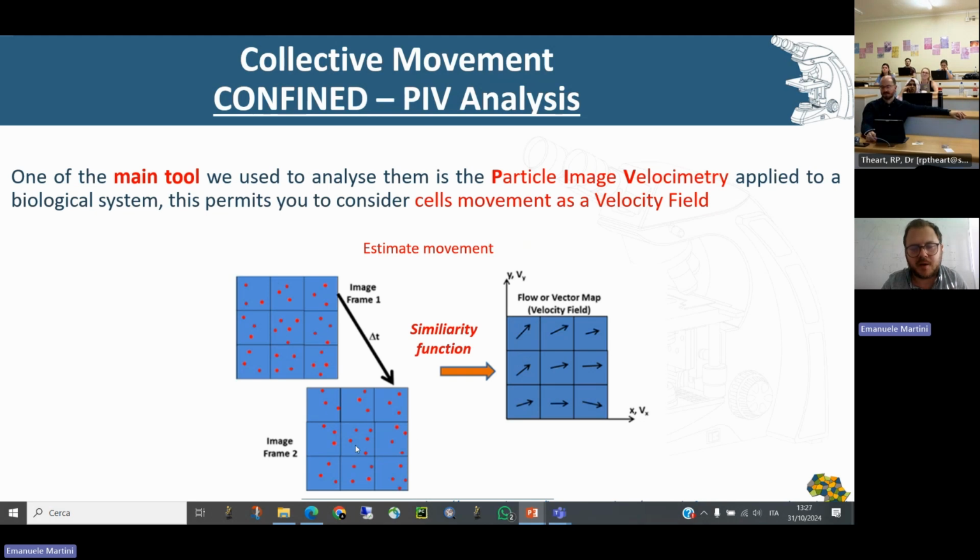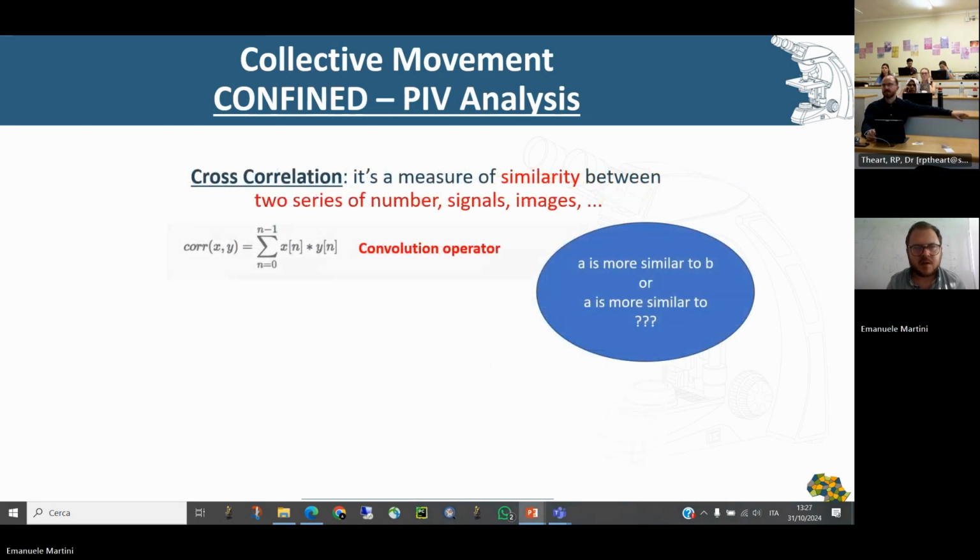So if you do it for all of them, you can see that, for example, these 3 ones, this area here, this square here, the more similarity is a little bit more going upright, and so indeed the similarity function finds the maximum of similarity going upright. You do it for the others, then you can estimate a velocity map, and here you can really see the velocity of your experiment, no? Because each arrow represents for you a movement in time, so a velocity. Now,